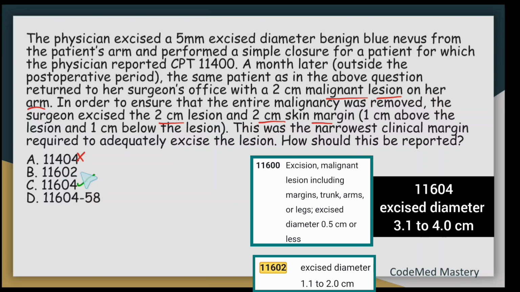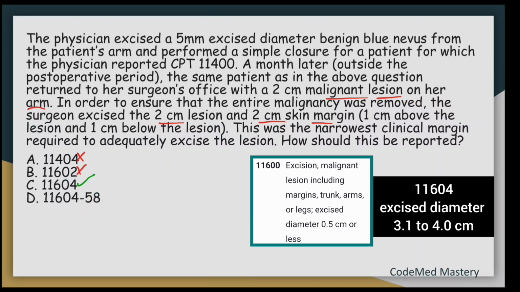Therefore, we'll eliminate option B also. In option D, they have appended modifier 58. So what is modifier 58? Modifier 58 is staged or related procedure or service by the same physician or other qualified healthcare professional during the